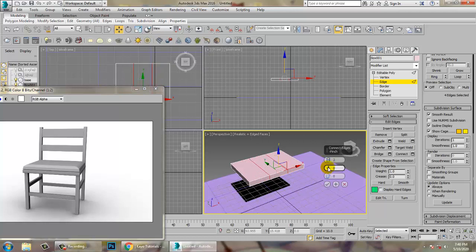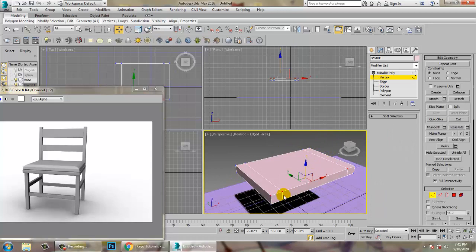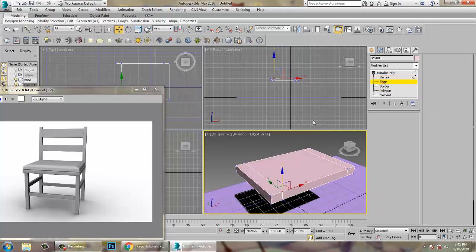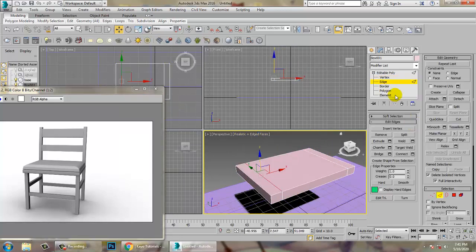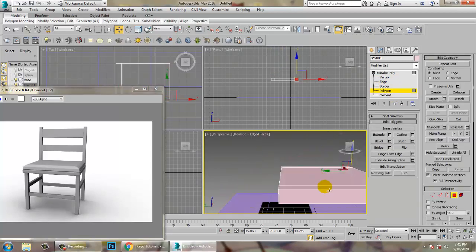The second option is edge pinch. Pinch is something which will move the edges from the center to equal distance. And the last option is slide. Slide is like you just want to slide in any direction. So once you're done and click OK over here, if I now click on the vertices, you will get one extra vertex. You will get one extra edge. You will get one extra polygon. See, everything has been split again.